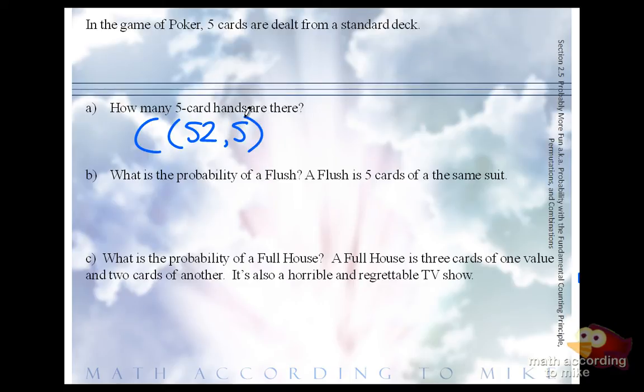So again, for work, if you wrote 52 nCr 5, that's cool. But I need one of those 2 things, and then I need the number. This is a big number. If you've ever played cards before, this high of a number should not surprise you because it's really hard to get certain arrangements of cards.